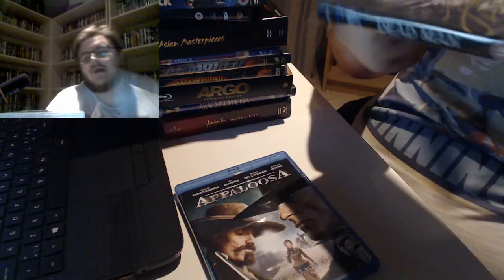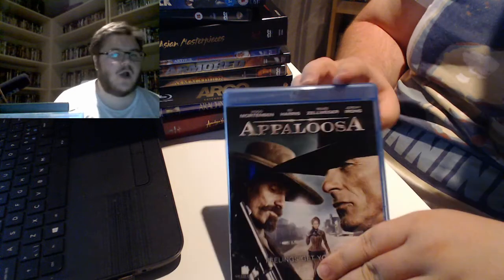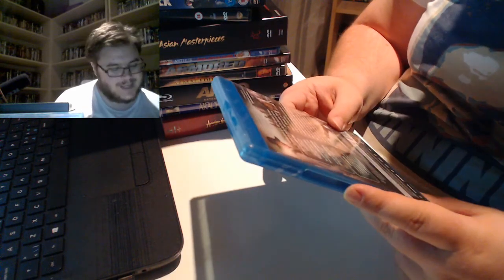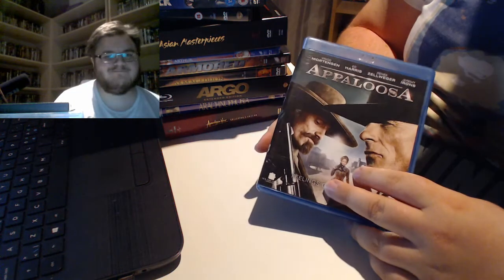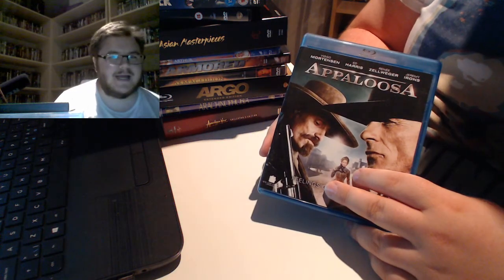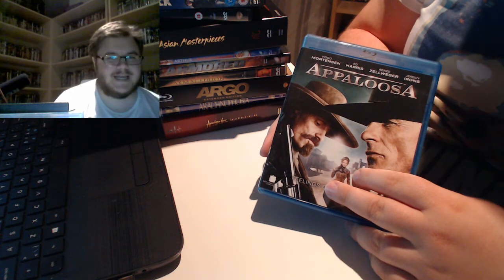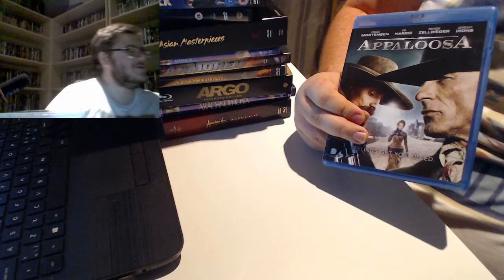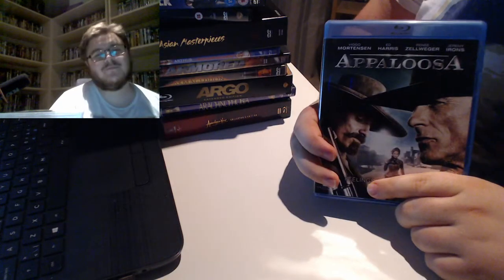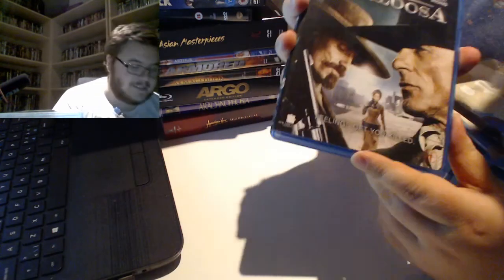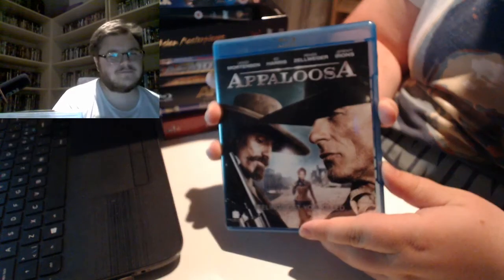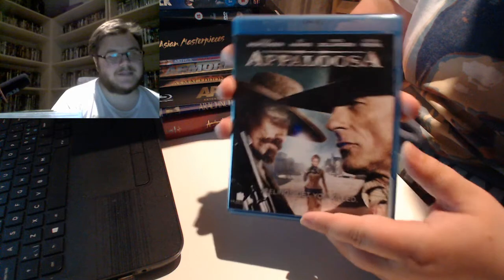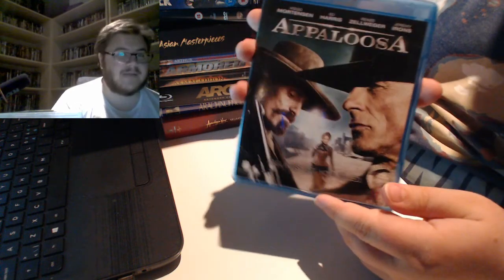And he also talked about how he's actually in another western now called Appaloosa, and I was like, oh yeah, I'm gonna check that out. So I bought this, and it's okay. Yeah, it's okay. Deadman shouldn't be there, but Deadman is great, and at least this Blu-ray has a good story behind it. It was personally recommended by Lance Henriksen, so because of that, I just had to buy it.